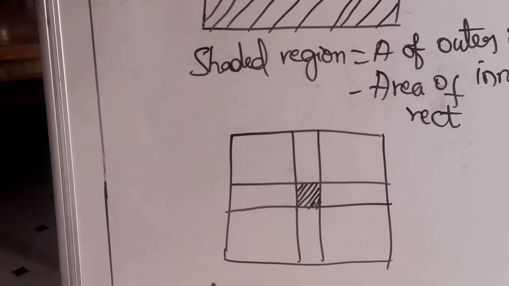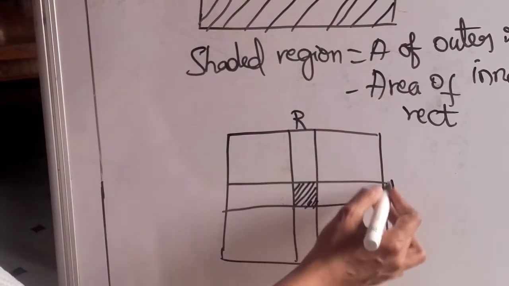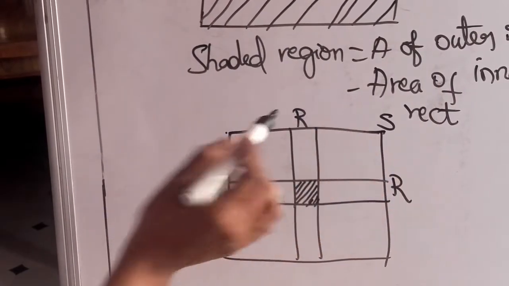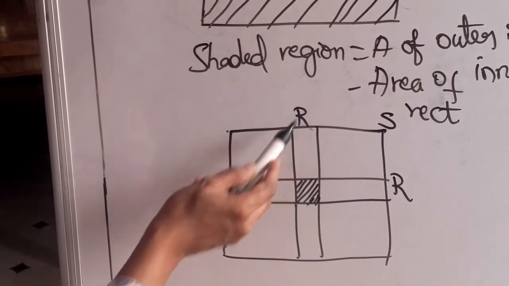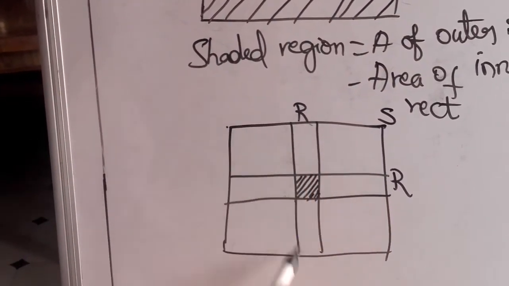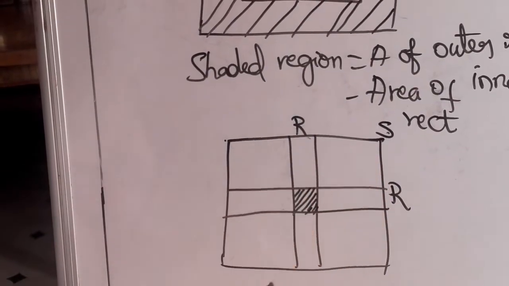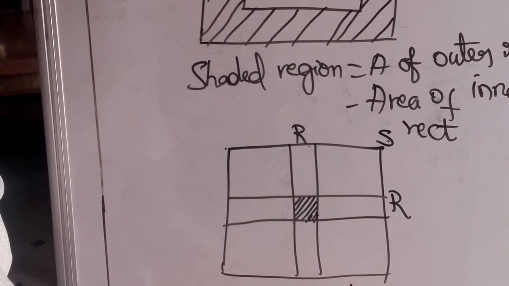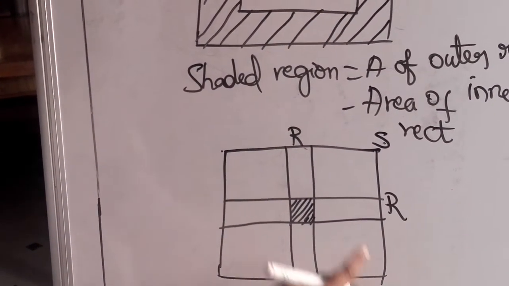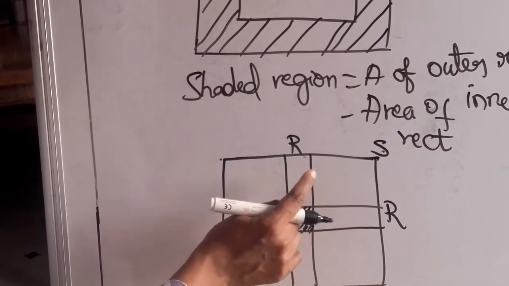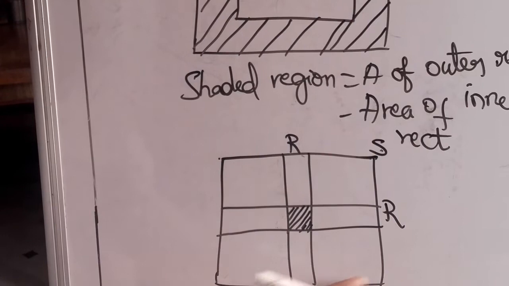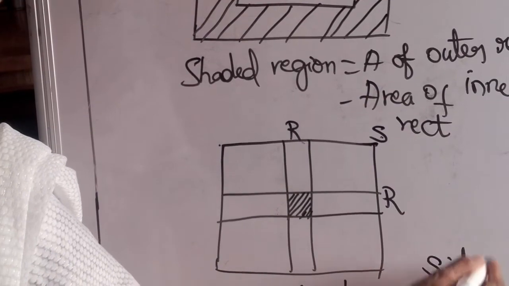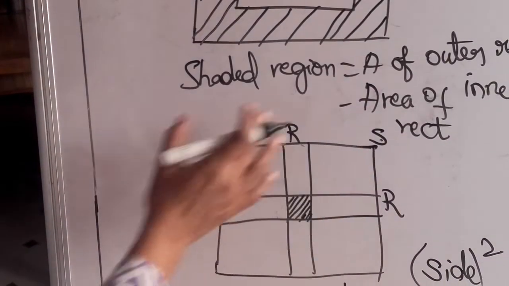That time what you are going to do? This is the rectangular path. This is the rectangular path. So this is a square. So separately you should find out each rectangular path's area. You know the rectangle formula. How will you find out the area of a rectangle? Area of a rectangle is equal to length into breadth. This formula you are going to use and find out the values of this rectangular area and this rectangular area. What is the formula for finding out the area of the square? It is side into side, or side square. This you are going to use and find out the values.